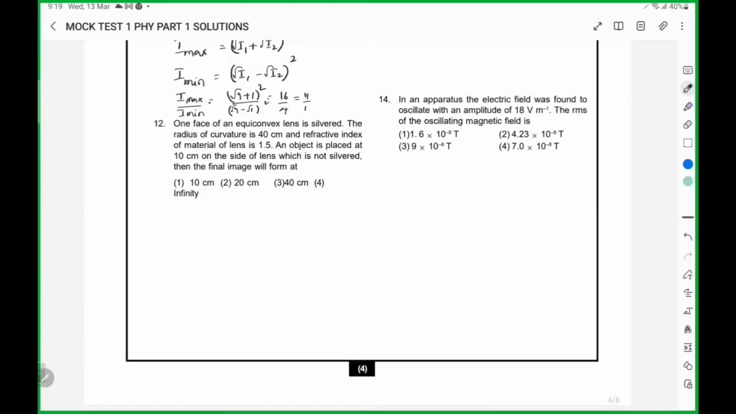One face of an equiconvex lens is silvered. The radius of curvature is 40 centimeter. Refractive index is this. The object is placed at 10 centimeter from the side of the lens which is not silvered. Here, to find the image of an object with respect to the silvered lens,